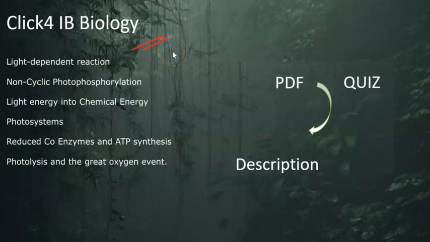Click for IB Biology, photosynthesis, the light-dependent reaction taking the form of non-cyclic photophosphorylation, the events which transform light energy into chemical energy in the photosystems. The chemical energy forms created are reduced coenzymes and ATP, and we will look at photolysis and the creation of